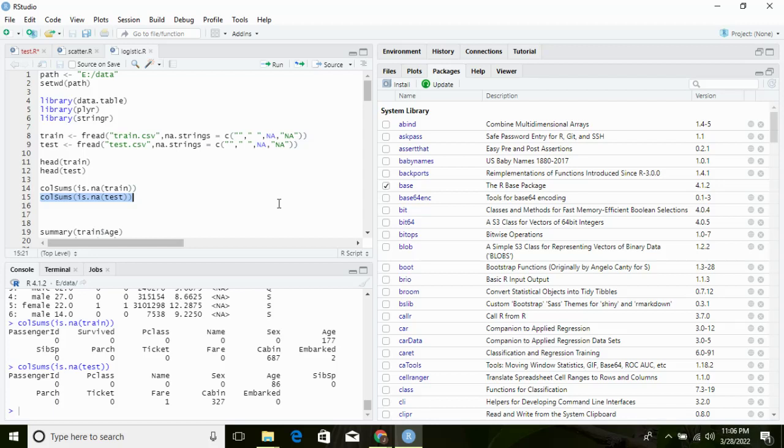The variable Fare has one missing value only in the test set. So let us start exploring each variable individually. For numeric variables, we will use the summary function, and for character/factor variables,